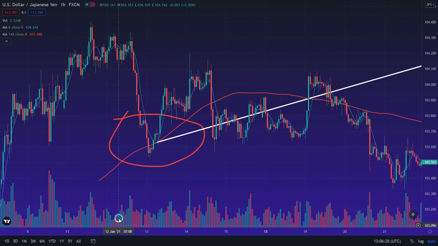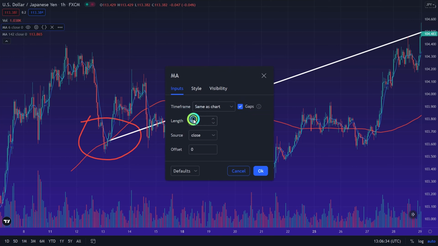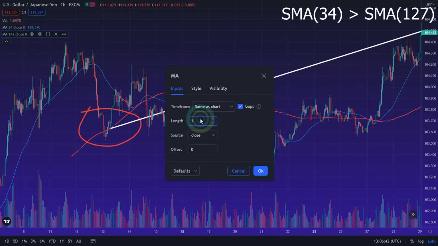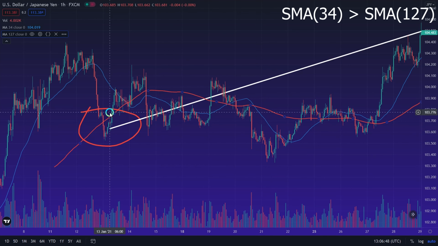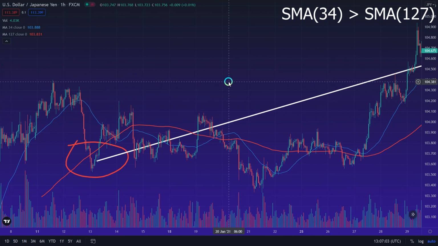Now let's see the second condition. The second condition is an above condition. So we have a 34 period simple moving average, and we have a 127 period simple moving average. And our condition is that the smaller simple moving average has to be above the bigger simple moving average. And here it is perfect for us, and actually there isn't too much noise and stuff, so we could take this trade. And